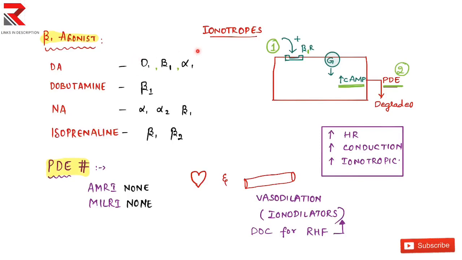A small wrap up from the autonomic nervous system. Dopamine acts on D1, beta-1, alpha-1, so all ones: D1, beta-1, alpha-1. And dobutamine only acts on beta-1. See, in dobutamine you are stressing the letter B, in the same way, B1. Noradrenaline, NA, means not all. So it does not stimulate all receptors, but it stimulates alpha-1, alpha-2 and beta-1, and beta-2 is not stimulated.